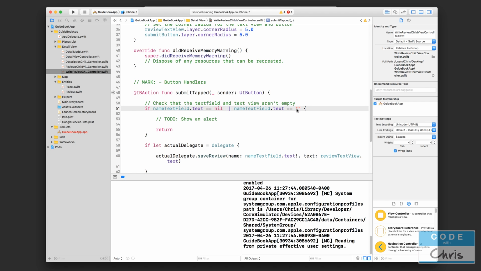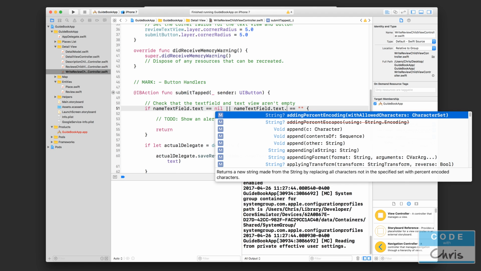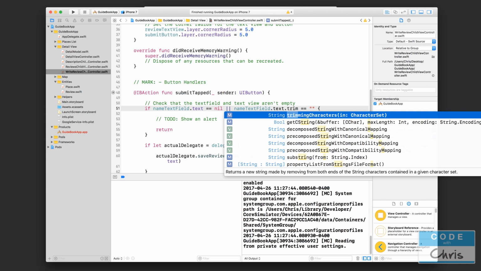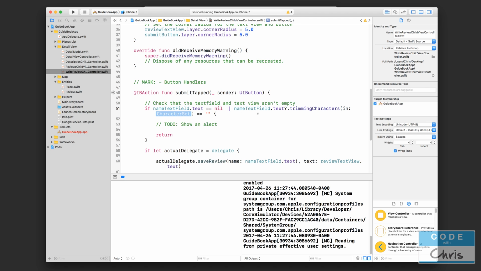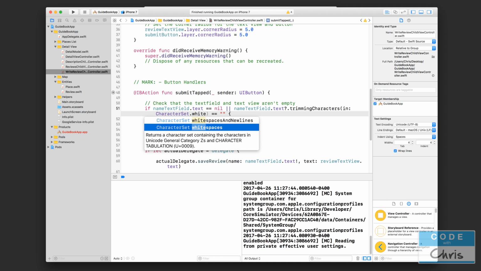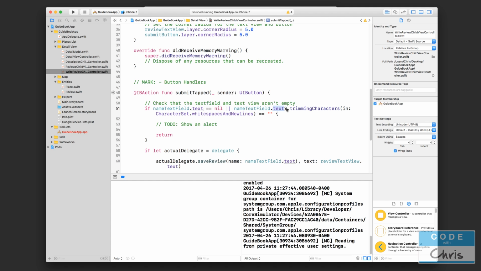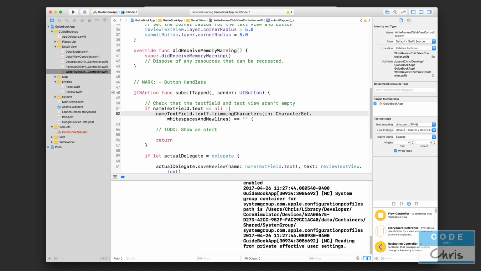However, this only checks if the text field doesn't have any text in it, or if it's a completely empty string. If they for some reason go in the text field and start pressing spacebar like that, this isn't going to capture that. So what we must do is actually take this text and strip out all white spaces and then check if it's an empty string. And you can actually do that pretty easily using some built-in functions. So you can go trimmingCharacters here, and in the character set you can type in CharacterSet.whitespacesAndNewlines, and that is going to take that text field and trim out all of the white space and then compare it to that. Okay, so I'm just going to press enter there,